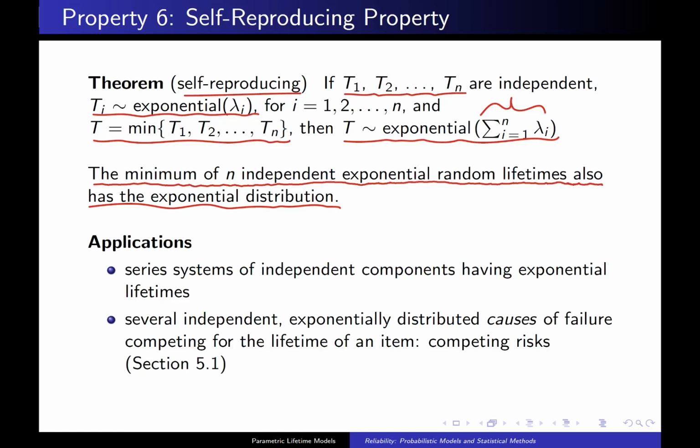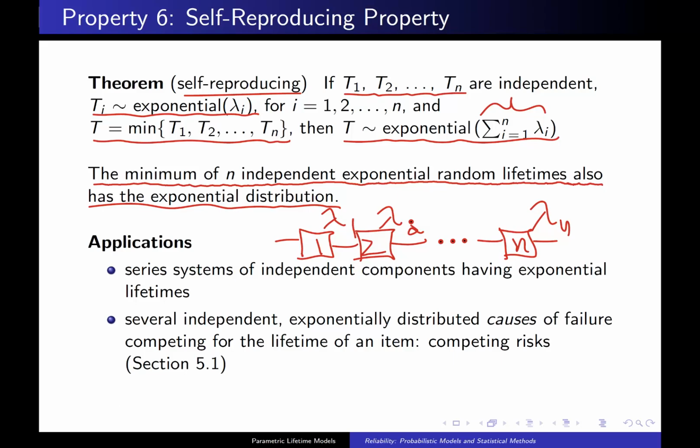random variables. Two applications. The first one is if you have a series system of independent components and they have exponential lifetimes. So here is a series system of n components, and the first component has failure rate lambda 1, second component failure rate lambda 2. The nth component has failure rate lambda n. Then in that case, the system time to failure is exponential, and its rate is the sum of the component